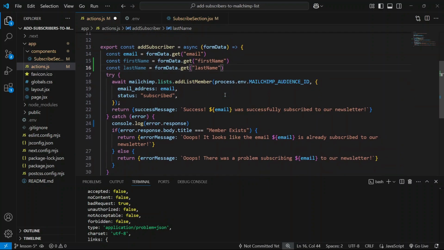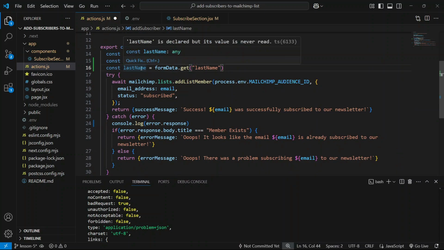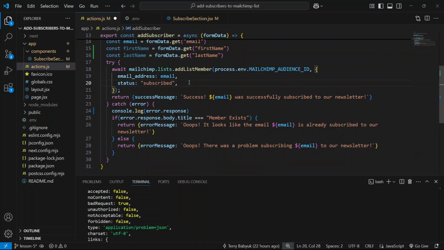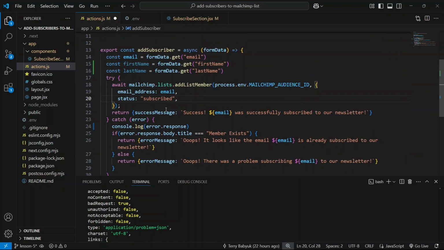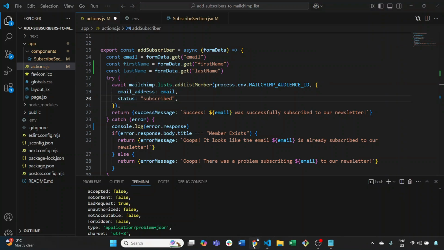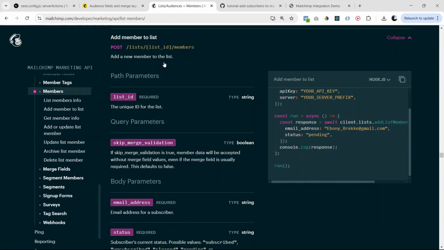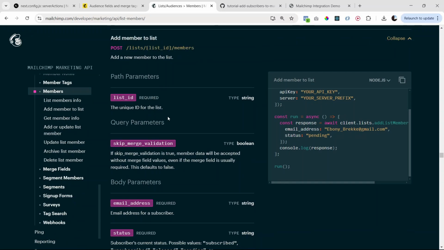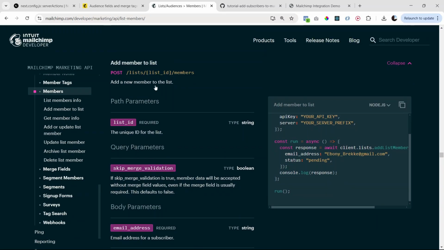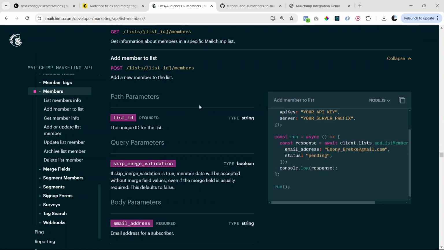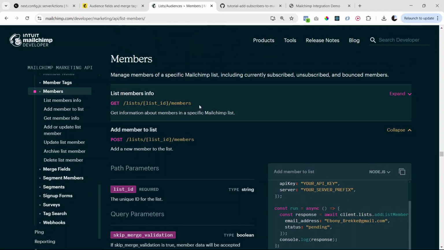And there's one more really important thing we have to do, because right now we're actually not passing this information into Mailchimp, right? So how do we pass these merge fields into Mailchimp? Well, let's go back to the docs, because they give us the answer. Remember, before we looked at this method to add a member to our list, right? Now, if we scroll down here,